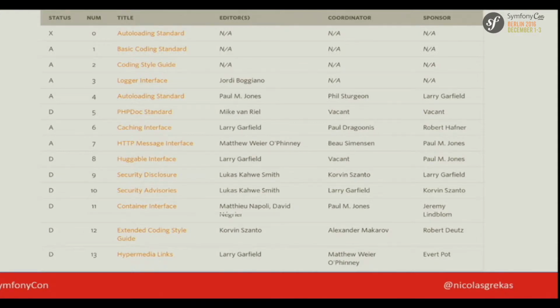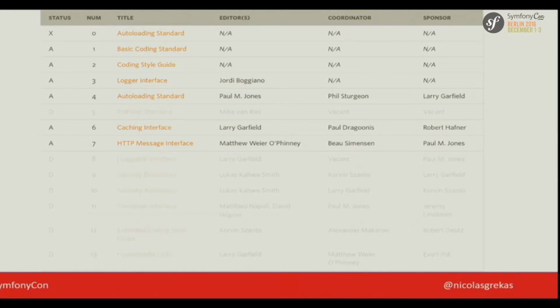So the first one is PSR0, and PSR0 is the PSR that enabled Composer and auto-loading and this way of putting files on the file system and loading them. They did also a few others, so PSR about coding style, PSR1 and 2, about logging, so Monolog, PSR3 and things like that. So today we're going to talk about